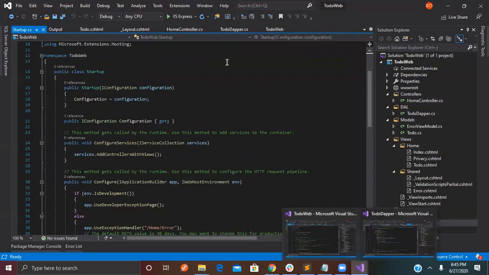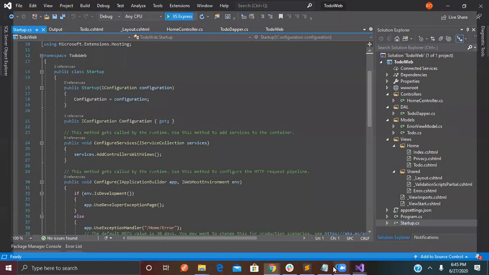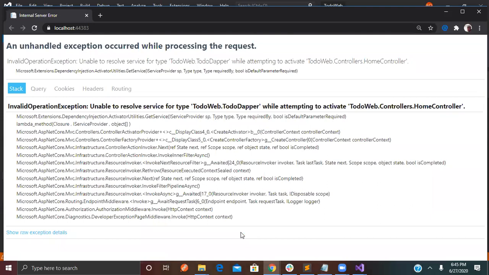Oh, you've closed it. Yeah. Okay, don't run it again, just so that you guys can pick. So that when you run it, it's just like this. Okay, so it's dependency injection that had issues. And if you look at the error from the bottom,